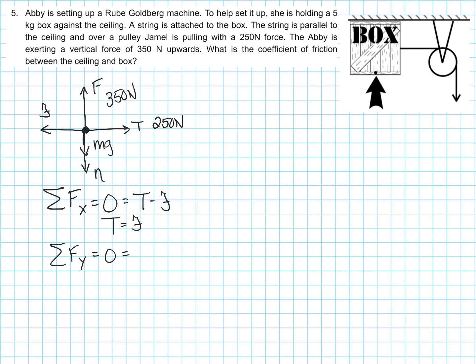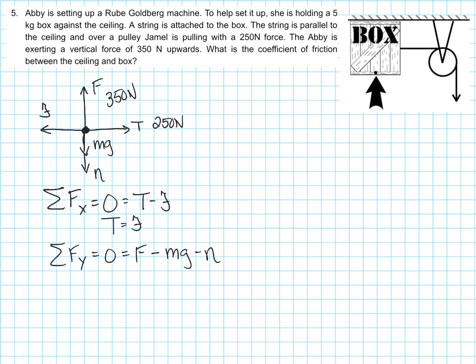And I'm going to say all the forces going up, which is the force that she's applying at 350 newtons, minus the forces going down. So using only variables, I'm going to write F going up minus mg going down minus the normal force. So only variables on that one. And that means that,